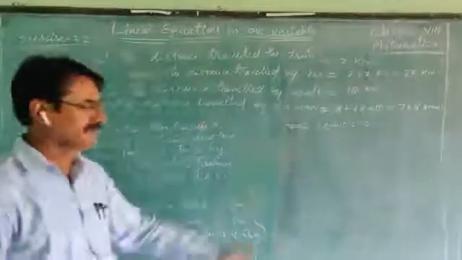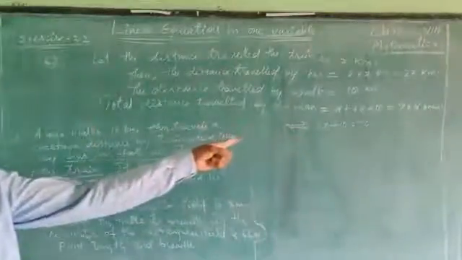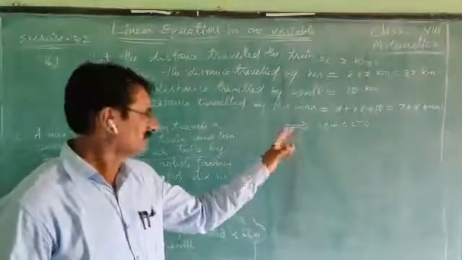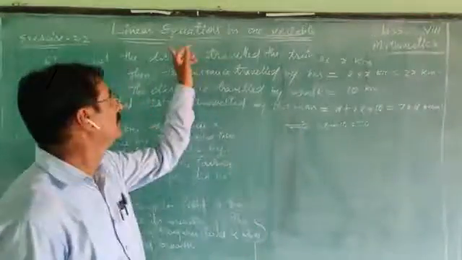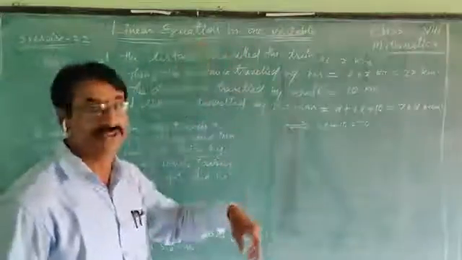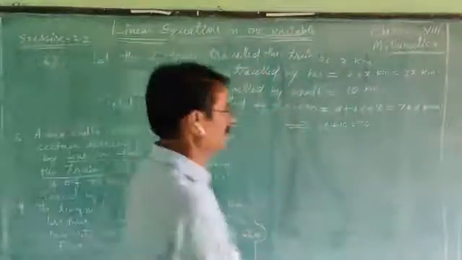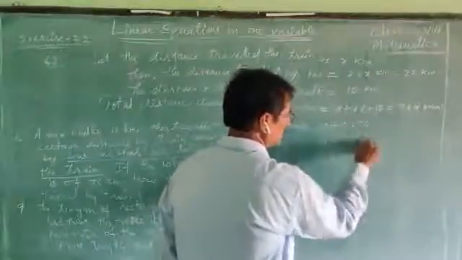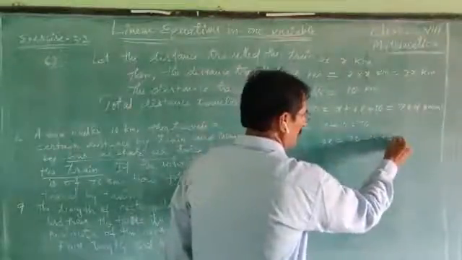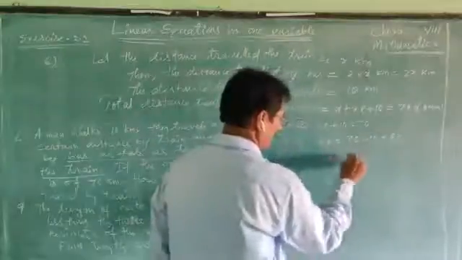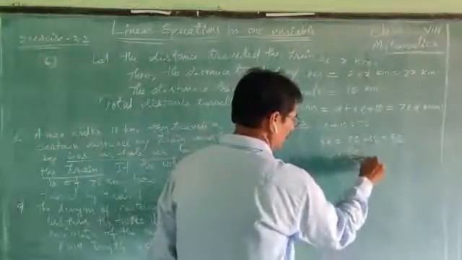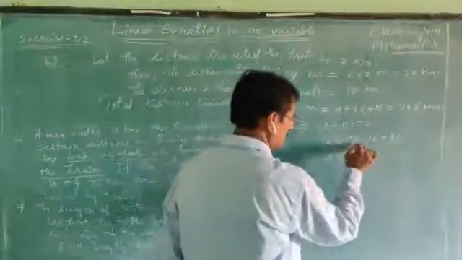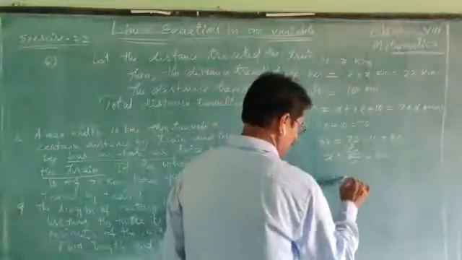Now, is it a simple equation or not? Yes, it is a simple equation, another name linear equation in one variable. Now, 3x equal to 70 minus 10, send the 10 to the other side, now 60. x equal to 60 by 3. How many times does 3 divide 60? 3 2s are 6, 0. 20 times. x equal 20.